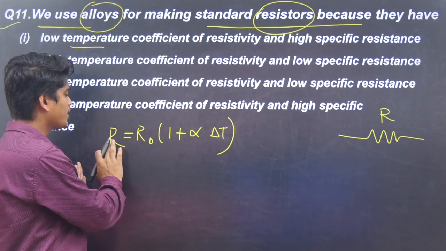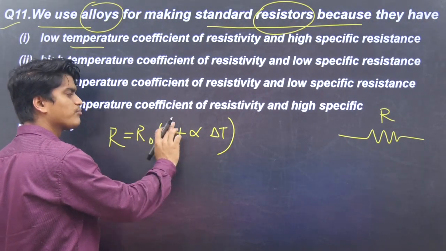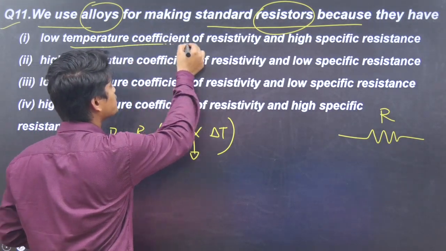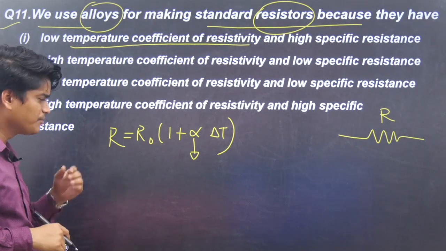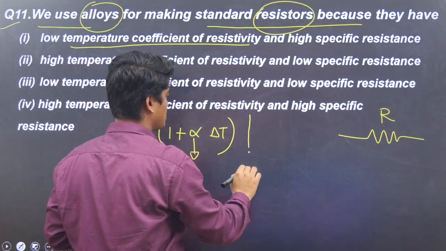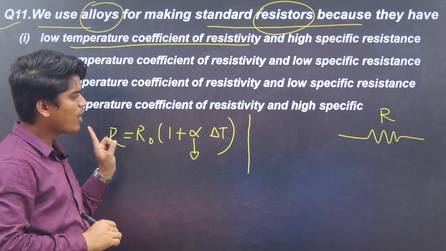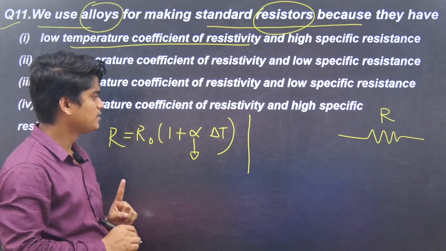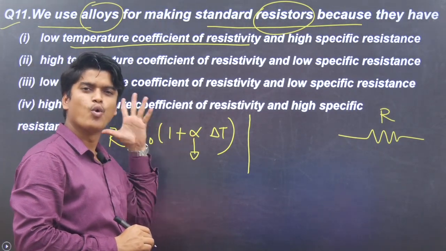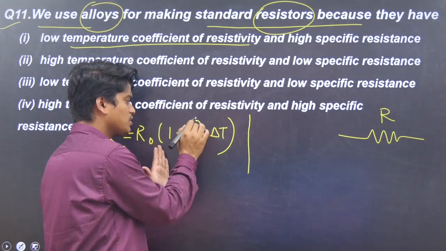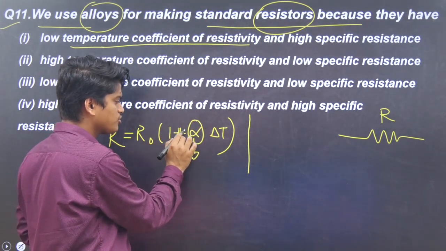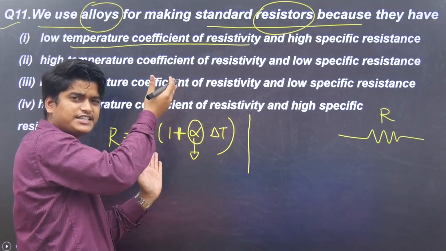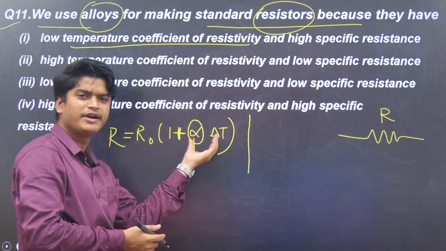Similarly for resistivity we can write rho equals rho naught (1 plus alpha delta T), and this alpha is called the temperature coefficient of resistivity, or sometimes you can call it the temperature coefficient of resistance. Now if I want my R value to be the same, it should not change with temperature. Then I should not take this value as more. If I take this value as more, then what will happen? This plus term is there, starting from the initial value 1, so something is increasing. So this is the increment term.